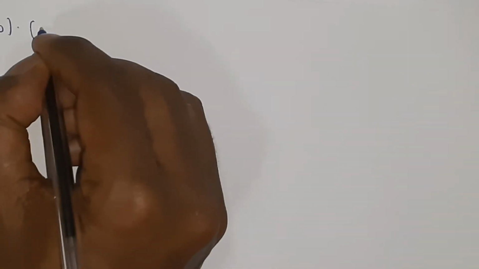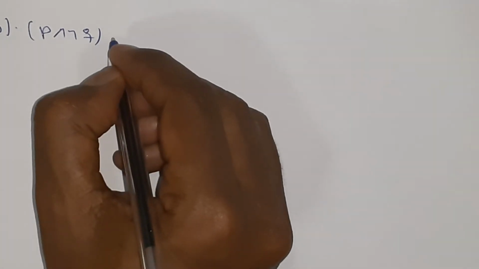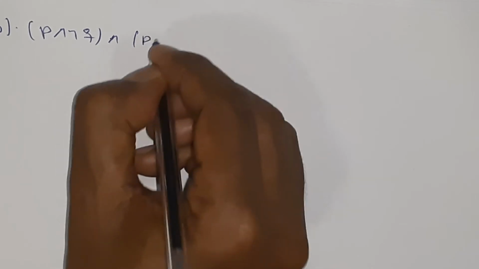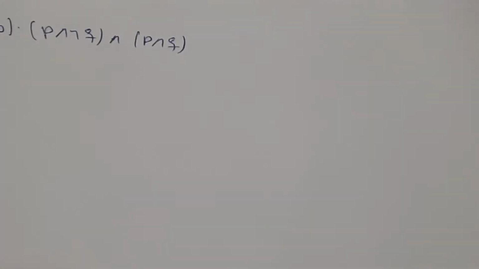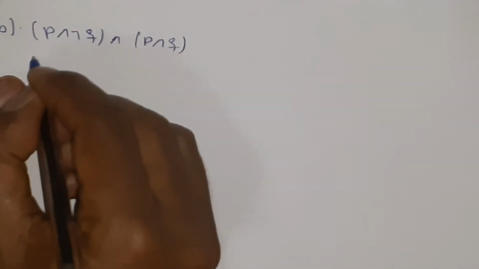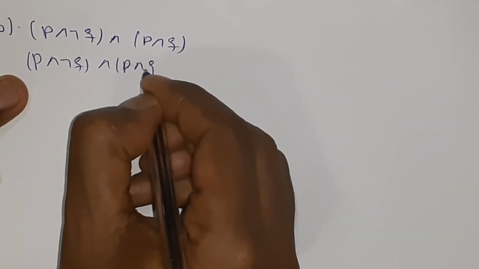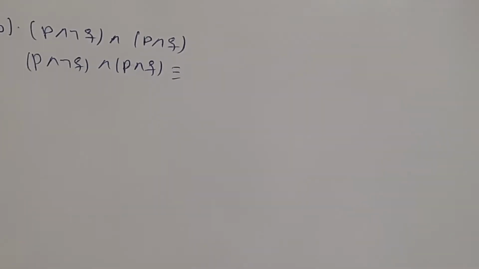The second one, that is B, which is P and negation of Q and P and Q. Everything here is only conjunction with two component statements, P and Q, so this could be written as P and negation of Q and P and Q, equivalent to, using associativity and commutativity properties of conjunction,